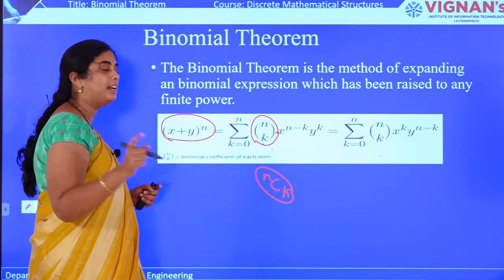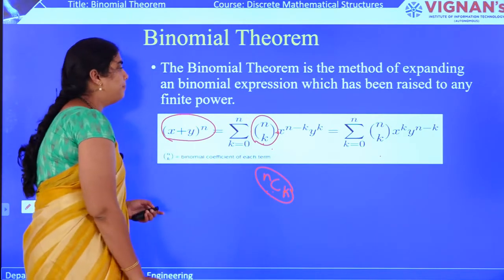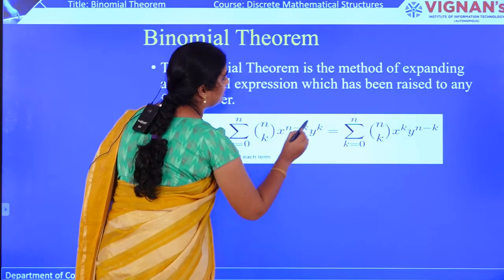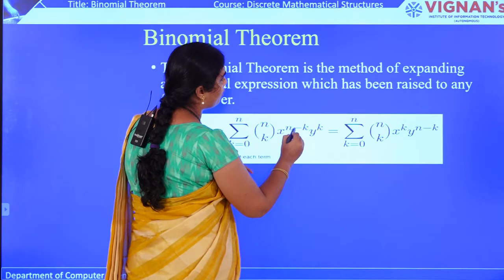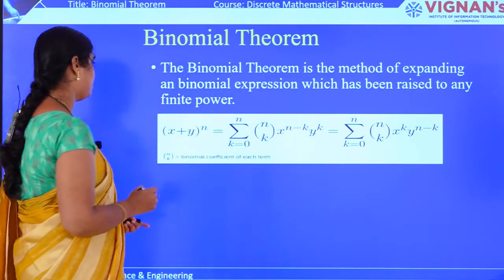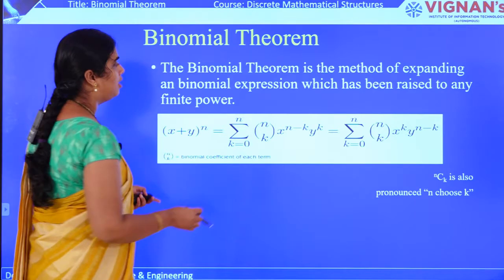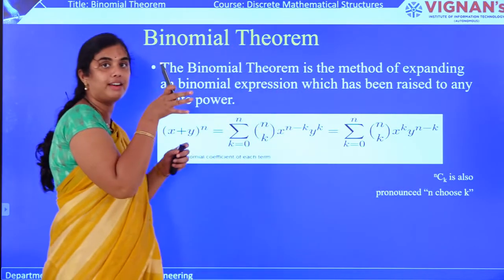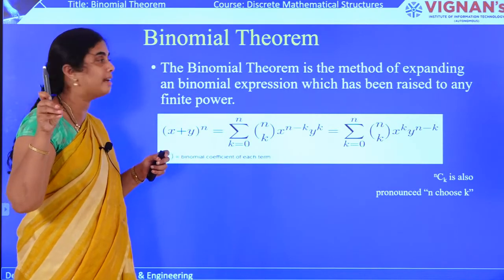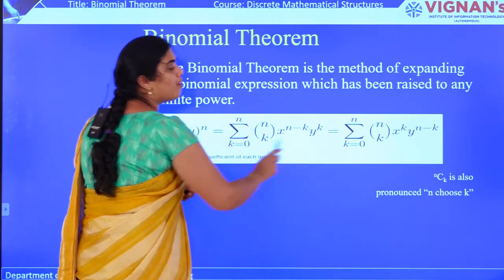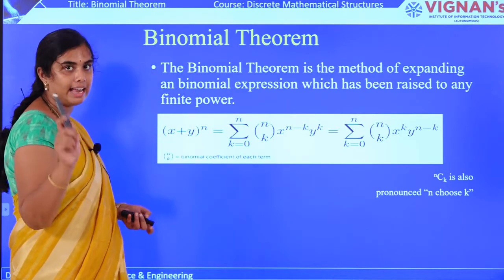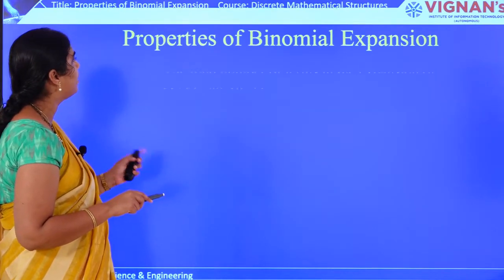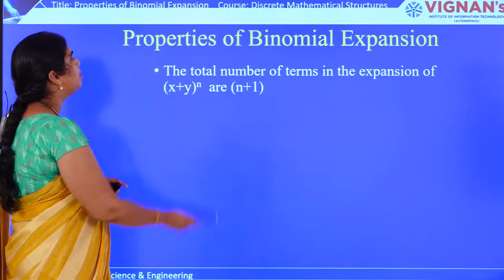We have seen in combinatorics what this nCk means. So, here is x and the other term which is x to the power of n minus k, where, as I already said, nCk is pronounced as n choose k. That means we are given n and from that n we are choosing some k. You will learn more about how this formula can be elaborated through a particular example. Firstly, let us see the example, and through the example I will show you the formula. And these are the properties related to binomial expression.